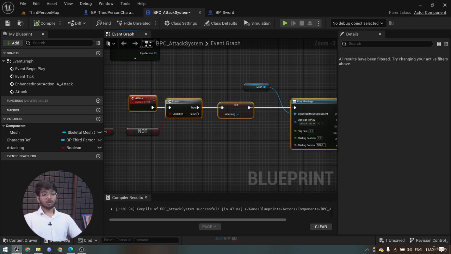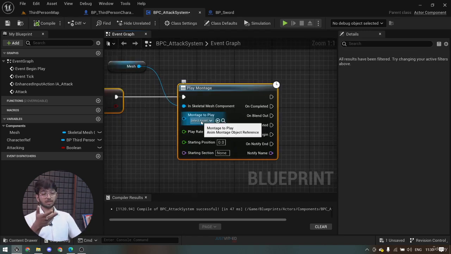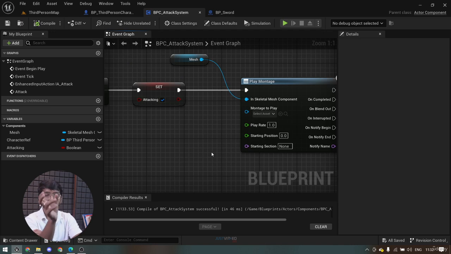What should we do? If we just set one animation, we'll play only one animation. So here we will be using an array. Think of an array as a list of related data. So for the definition, it is